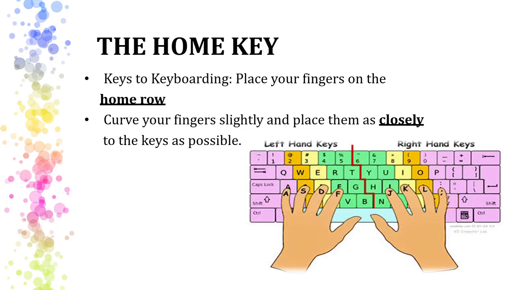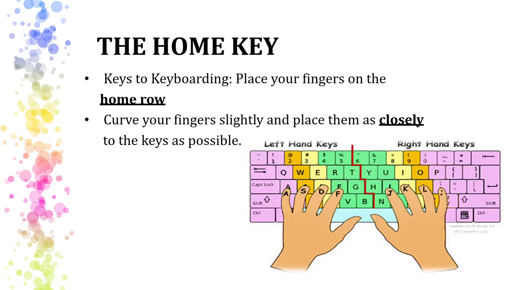The home keys: you can see here we use both hands for keyboarding, as we saw in the previous lecture, our left hand and the right hand, and the fingers on the letter keys and number keys, and place your fingers on the home row. By default we have to put them on the keyboard. You can see here the default row is the home row, the center row. You can see my cursor is moving on the center of the keyboard. This is our home row: A, S, D, F, and the thumb, again thumb, J, K, L, and semicolon. These are our home keys on the keyboard.